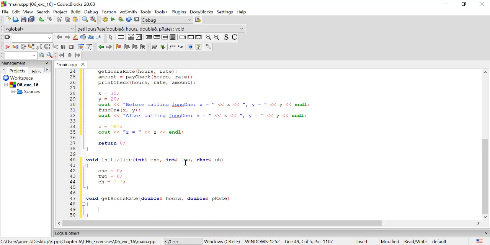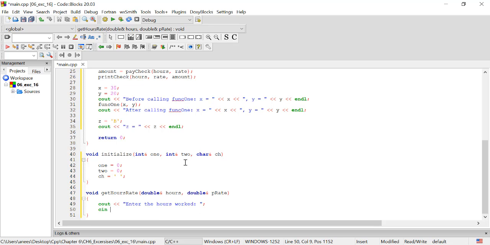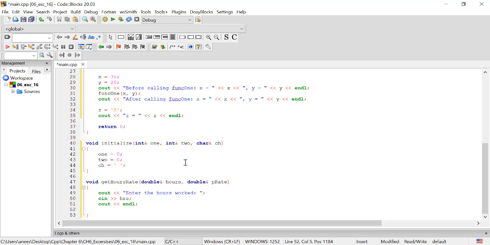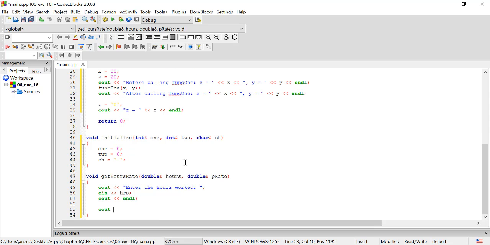Next we can enter, write in this, cout, enter the hours worked, cin, hours, cout, and endl. Next we can cout,